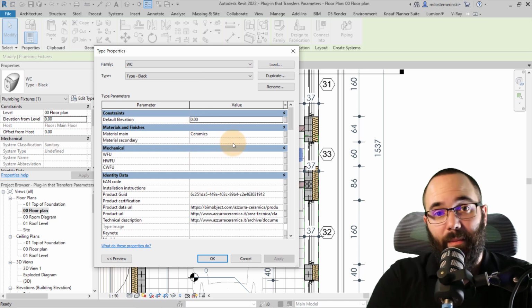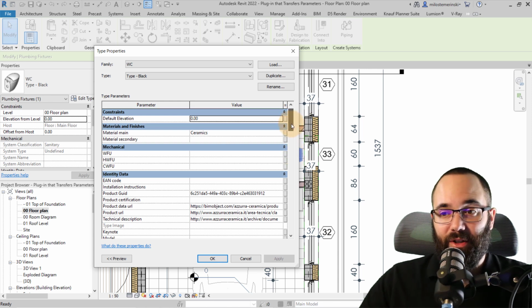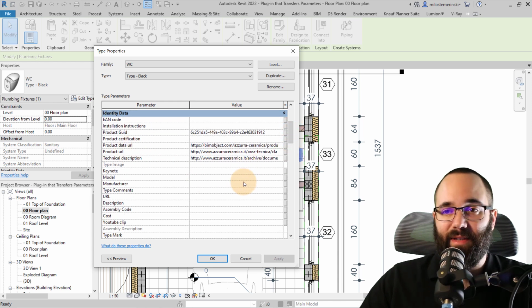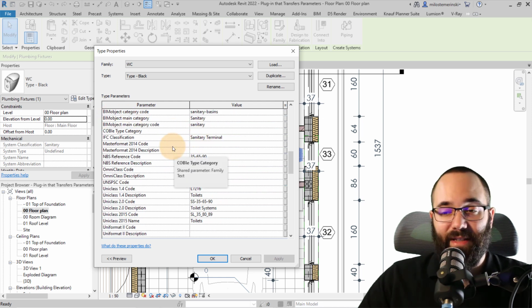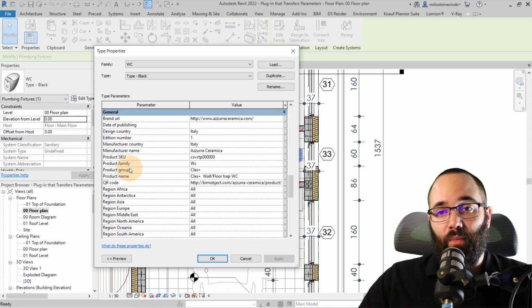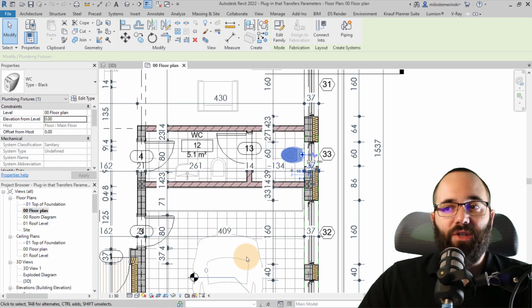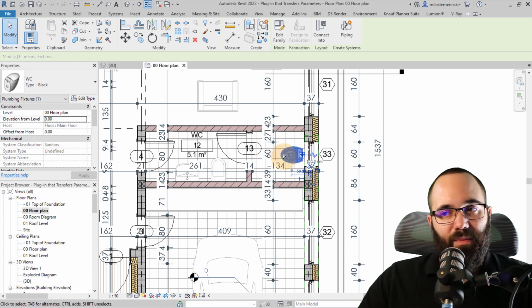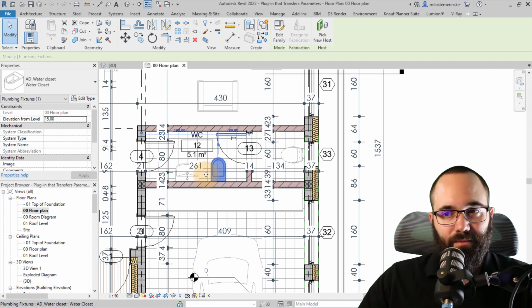Now, being straight from the manufacturer, that means that usually you get tons of parameters. So here, if I scroll down, we have some links under identity data, then we have tons of IFC parameters, which are really important, and then we have some general parameters, and so on and so forth. So let's say I want to take all of those parameters from here and then assign them to my water